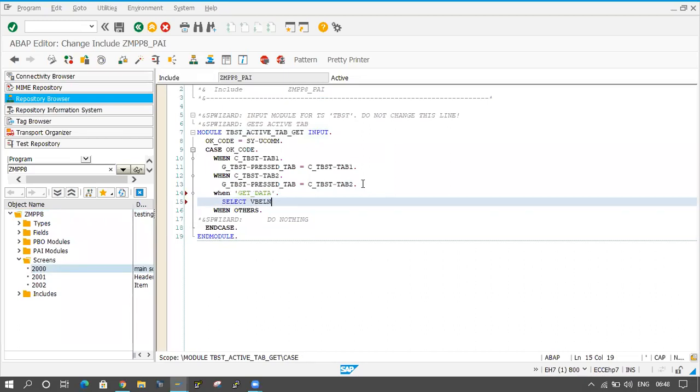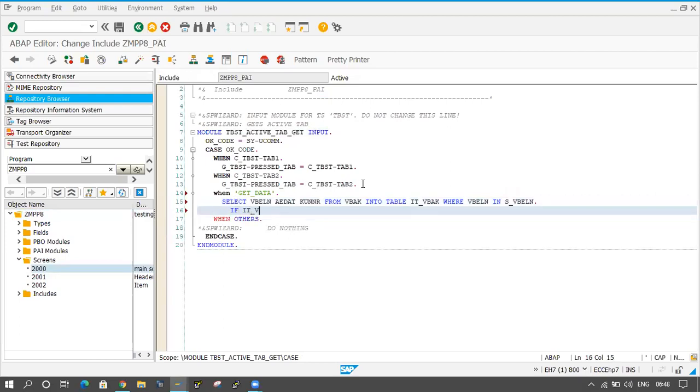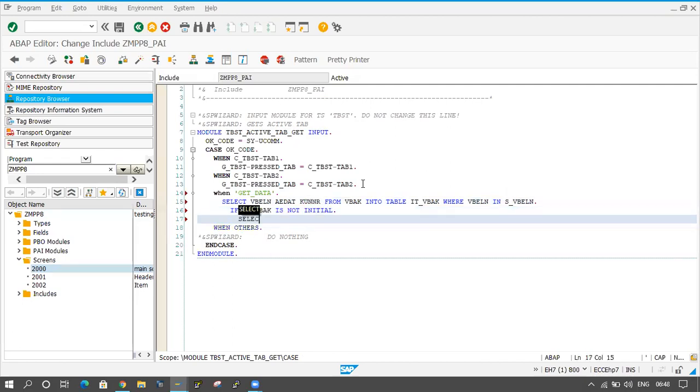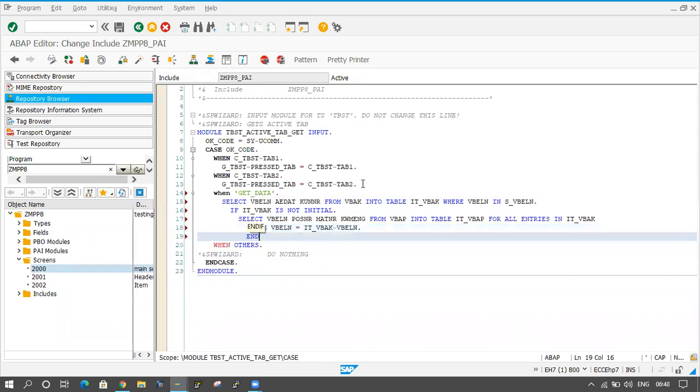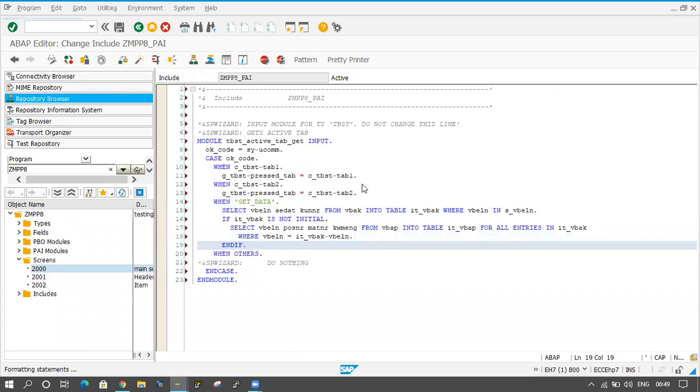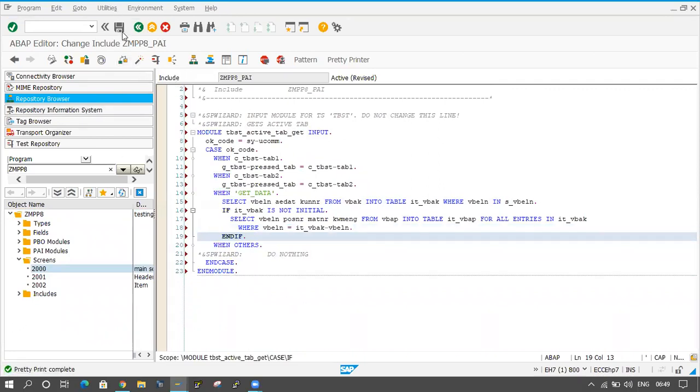Select VBELN, AEDAT from VBAK into table IT_VBAK where VBELN in S_VBELN. If IT_VBAK is not initial, select VBELN, POSNR, MATNR, AWMENG from VBAP into table IT_VBAP for all entries in IT_VBAK where VBELN equal to IT_VBAK VBELN, and end it here.